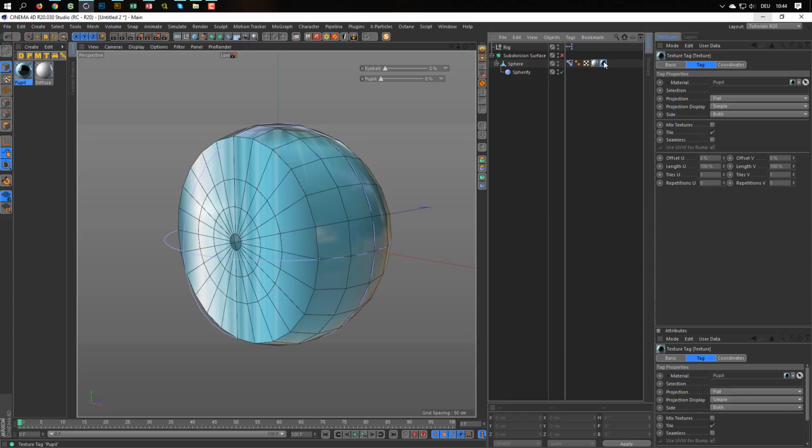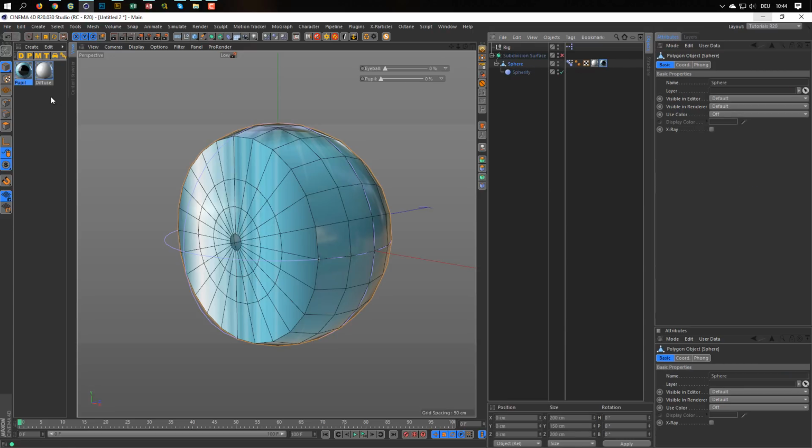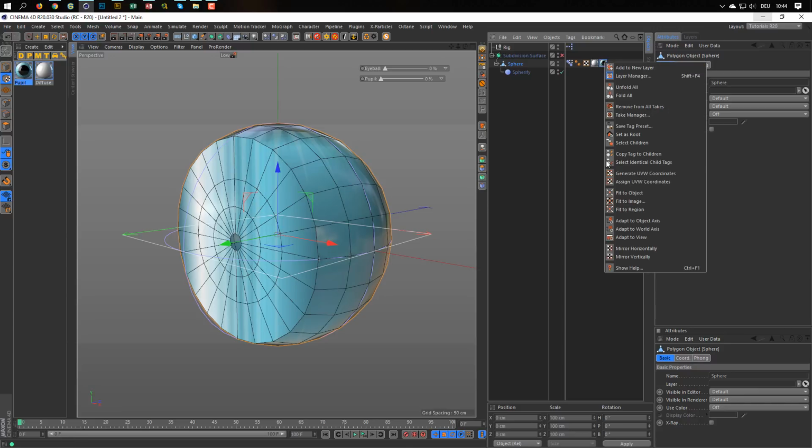So I select my tag and I select my sphere here and go to my texture mode. Now we see the flat mapping is not in the right position. First, I right click and say fit to object.